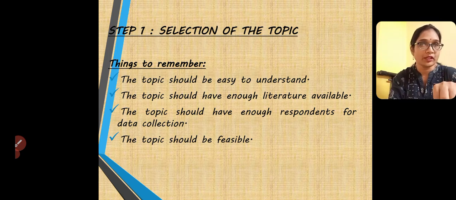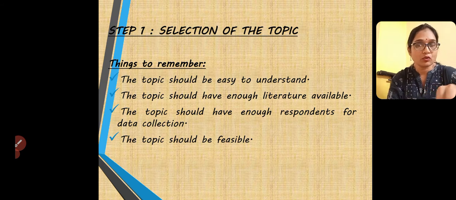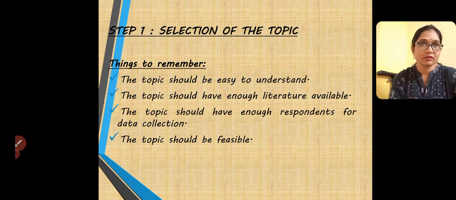Your geographical area should be restricted to a village, or to a school if it is an educational institution. Suppose it is a study on slow learners, then you can restrict it to one school or two schools or three schools. Don't go to such an extent that data collection itself becomes a very difficult task for you. Whenever you select any topic, make sure the respondents are easily available. So the topic should be modified such that the geographical location of your research is limited. Zoom in, don't make it very broad.